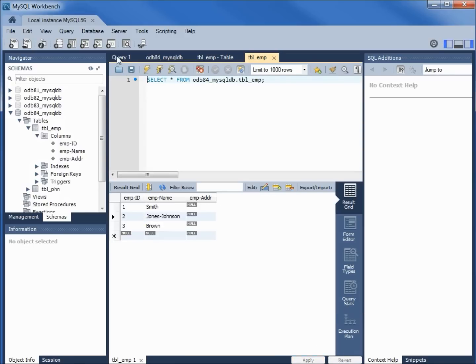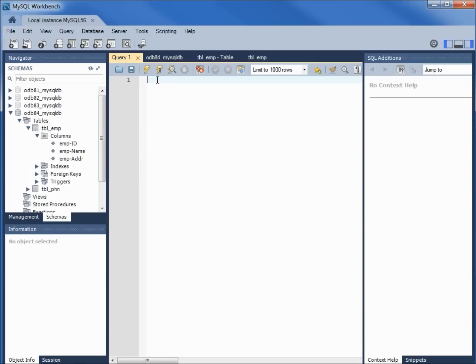I'm coming way back over here to the query 1 where we have nothing in here, and I'm going to paste in the query. Right click, paste. We see that it's all on a single line. Up here we've got this broom, and if I hover over it, we see it tells us this is the Beautify Reformat the SQL script. Clicking that reformats our SQL similar to the way that I've reformatted all the SQL in those LibreOffice tutorials. We see that we want to update the employee table, setting the employee address to 1234 Derby Lane, where the employee ID equals 1. To execute this, I'll click on this lightning bolt.